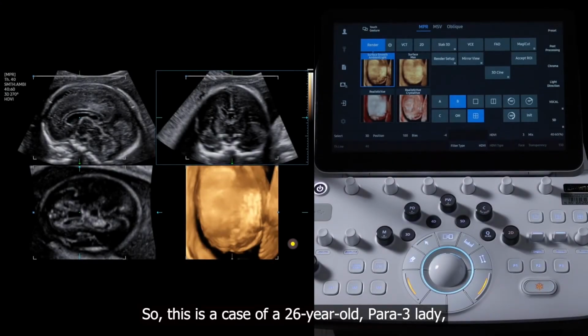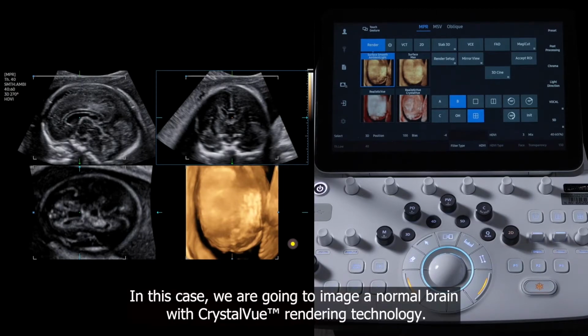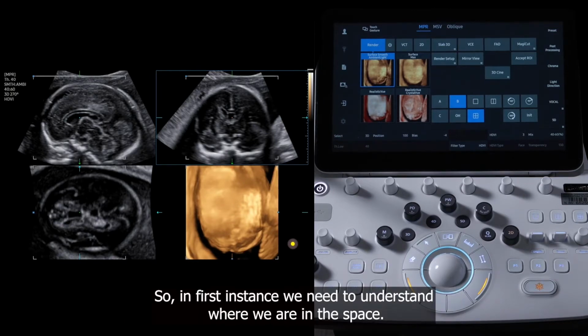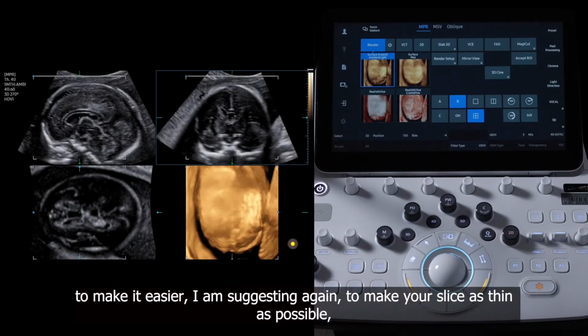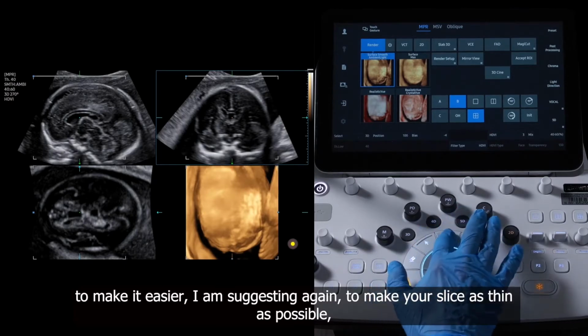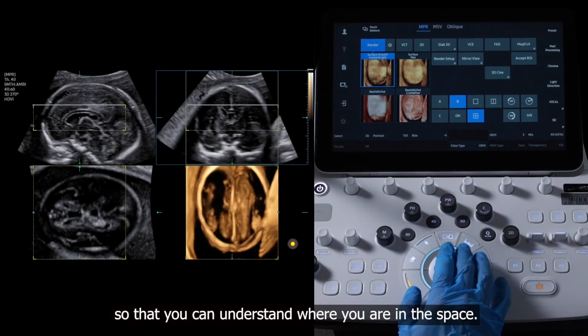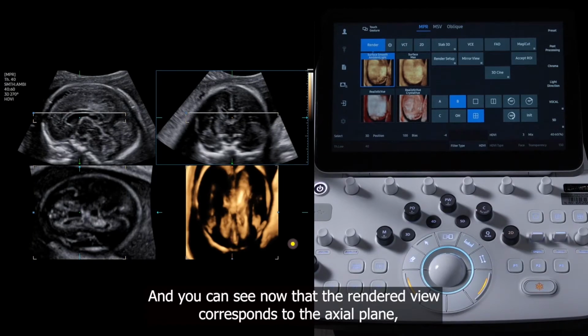So this is a case of a 26-year-old para-3 lady who was referred at 27 weeks of gestation due to suspected fetal growth restriction. In this case, we are going to image a normal brain with CrystalVue rendering technology. So in first instance, we need to understand where we are in the space. I would suggest in this case, to make it easier, to make your slice as thin as possible so that you can understand where you are in the space,